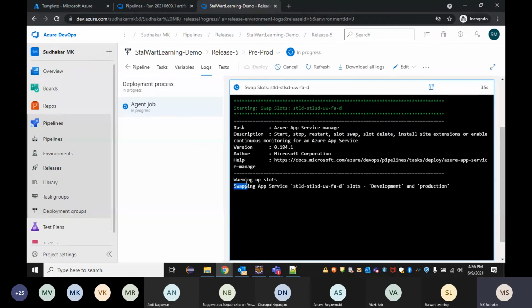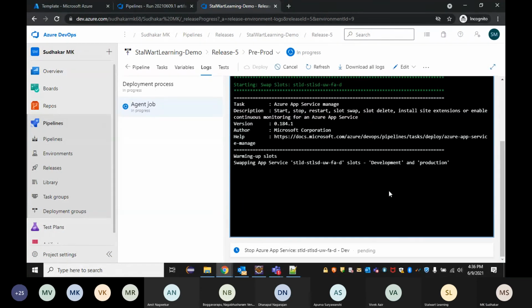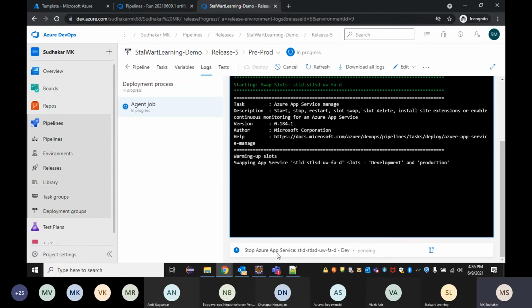It warms up that slot. So we have just one task pending, which stops the other slot. Then we are good to go and view our resources in Azure.